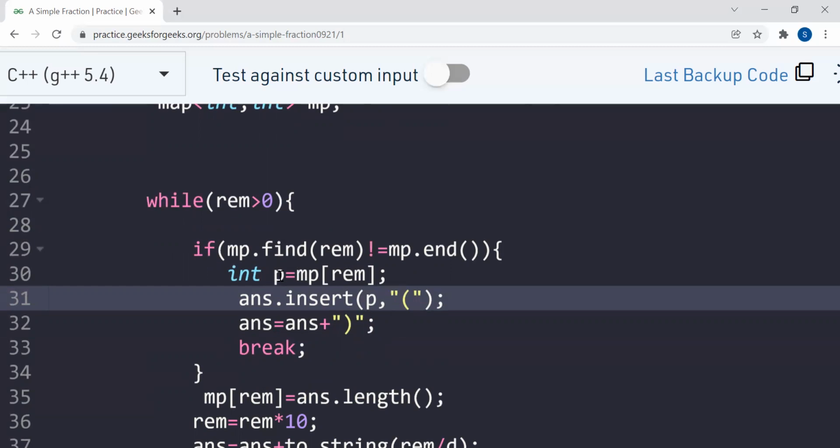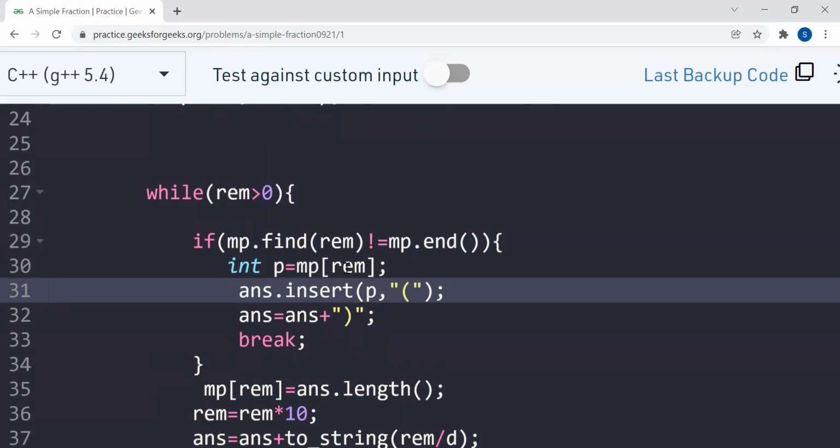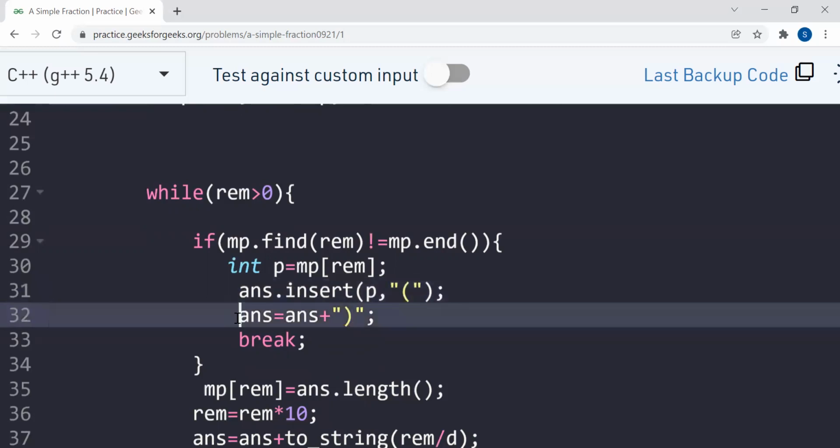So in the P variable, we are getting the position of this bracket, where we have to insert it, right? Here we have just simply inserted that bracket, and after that we have added the closing parenthesis to our resultant, and we will break out of this whole loop, right?